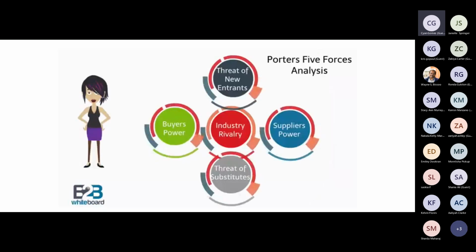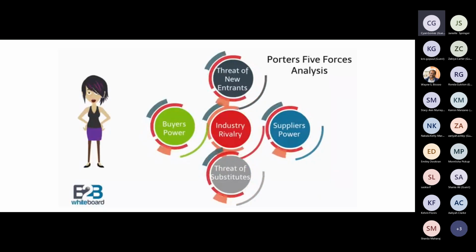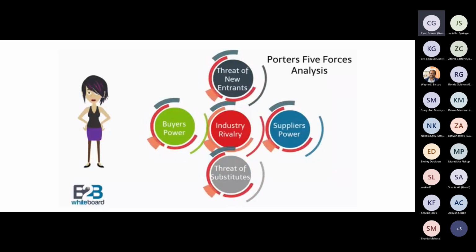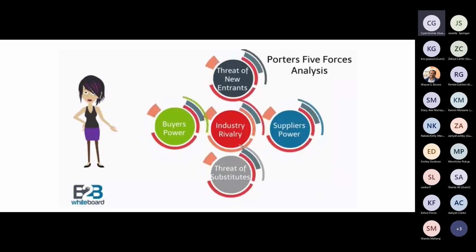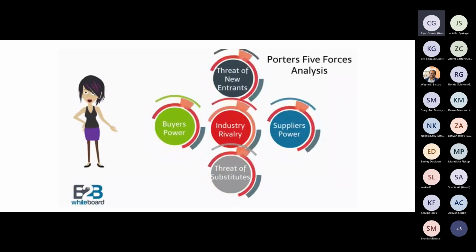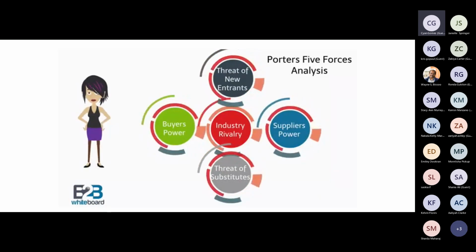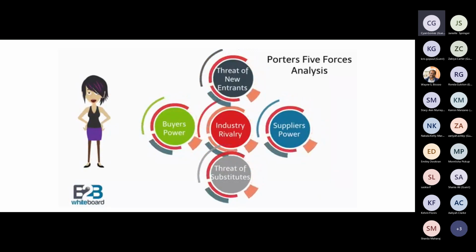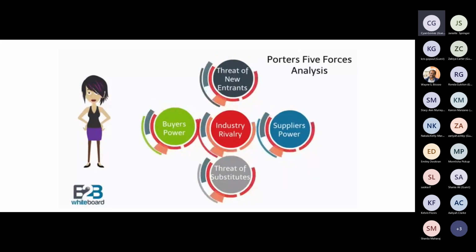In 1979, Harvard Business Review published How Competitive Forces Shape Strategy by a young economist and associate professor, Michael E. Porter. The main purpose of Porter's 5 forces is to find a position in an industry where a company can defend itself against competitive forces or it can influence them in its favor. A strategist can analyze any market by rating each competitive force as high, medium, or low in strength